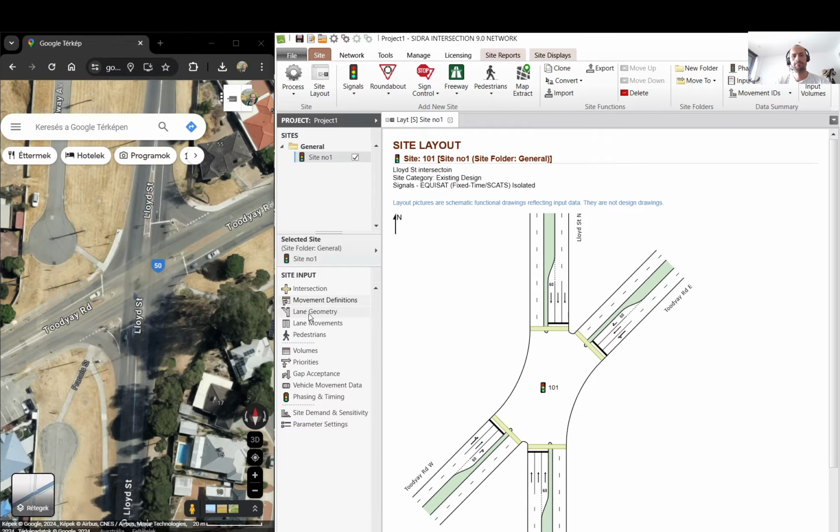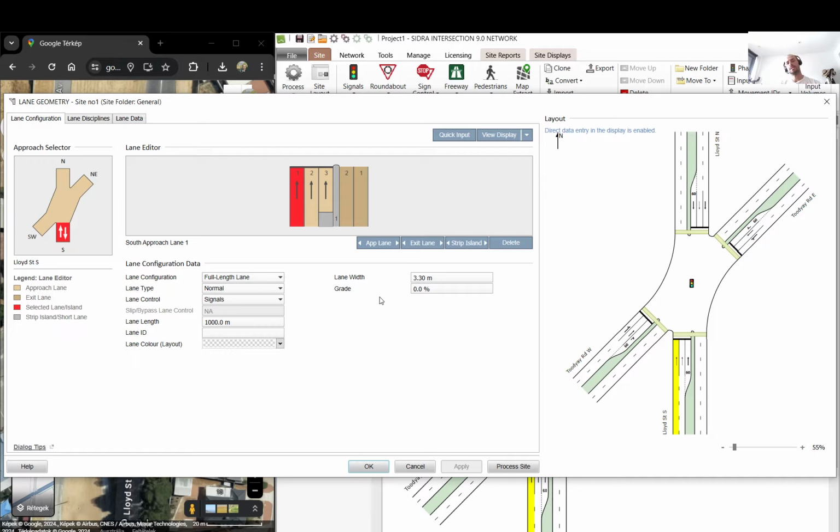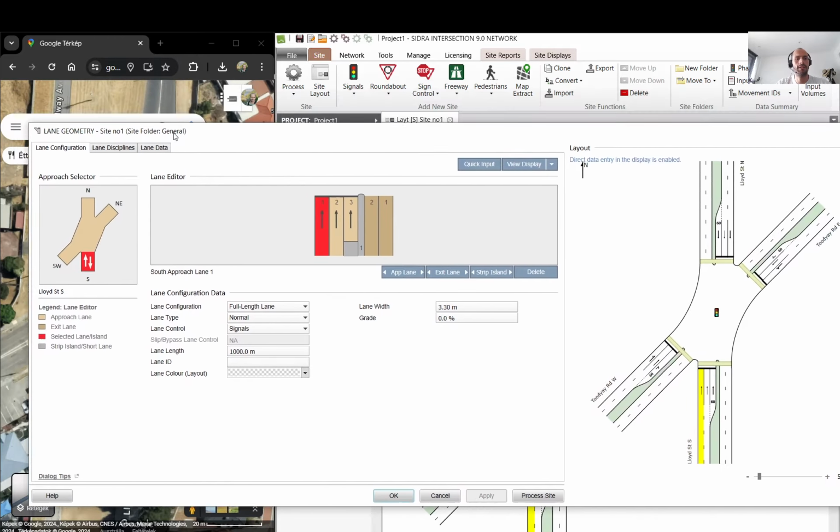You hit OK. Lane geometry. So this is important here. This is where you need to set up the number of lanes and lengths and stuff and styles. So let's start it here. The south one